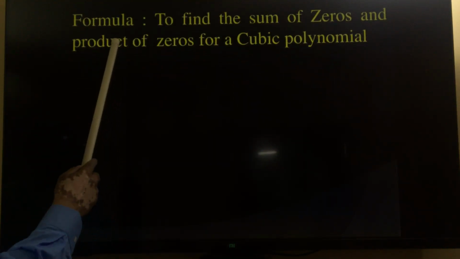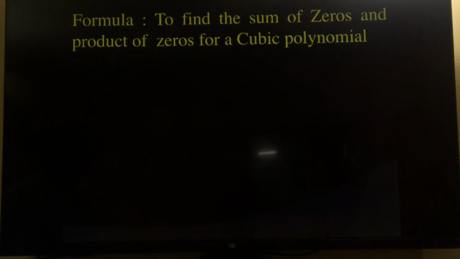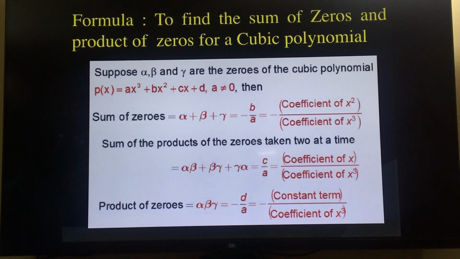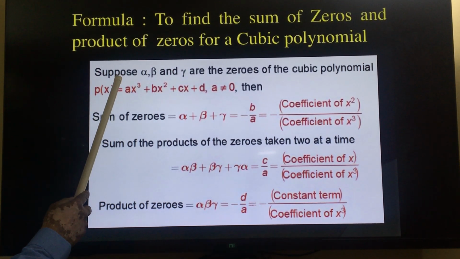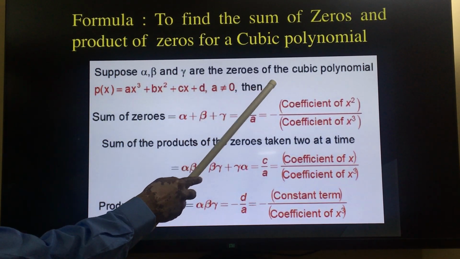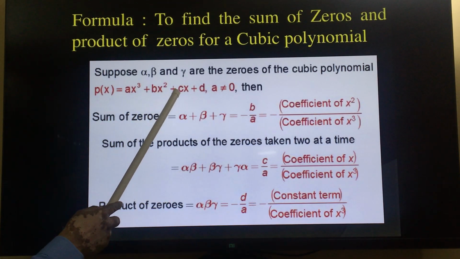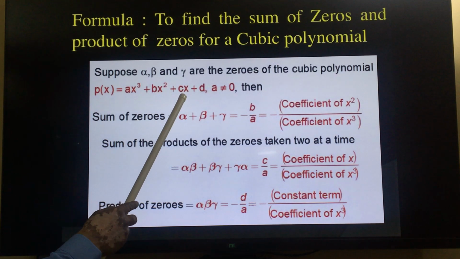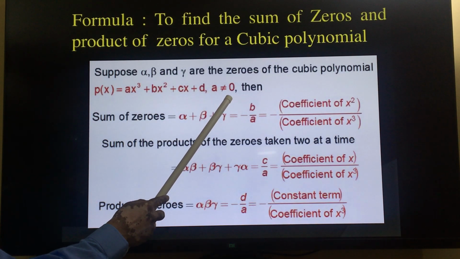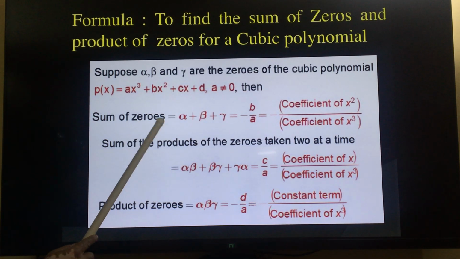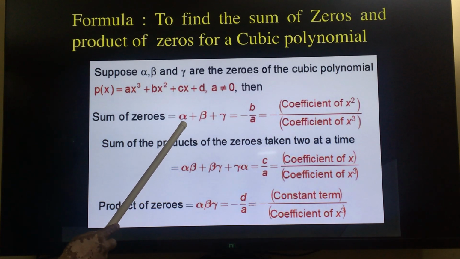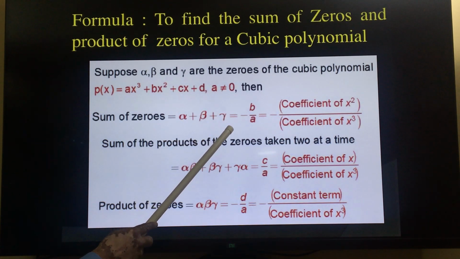Now on the basis of this, you can see the formula to find the sum of zeros and the product of zeros for a cubic polynomial. So these are the formulae. Suppose alpha, beta and gamma are the zeros of the cubic polynomial ax cube plus bx square plus cx plus d, where a is not equal to 0. Then the sum of the zeros